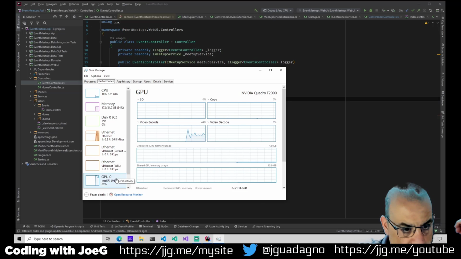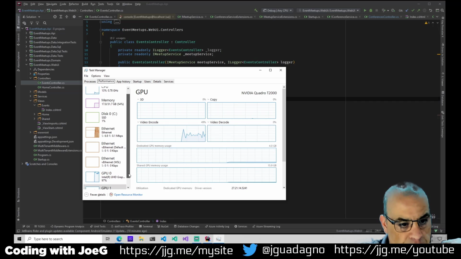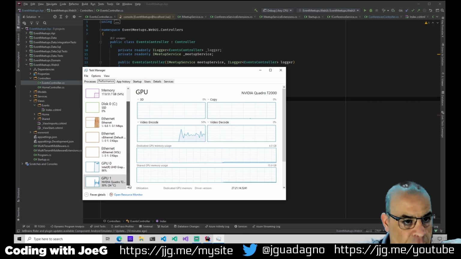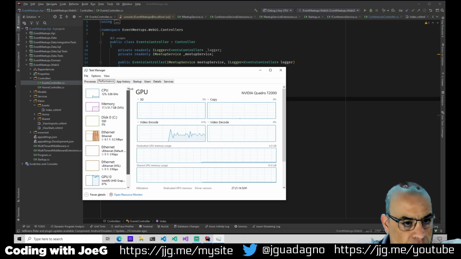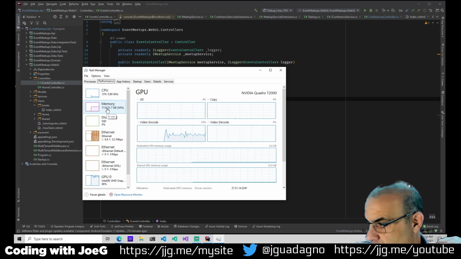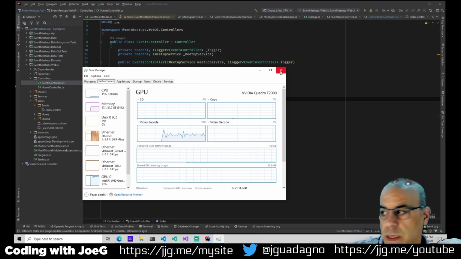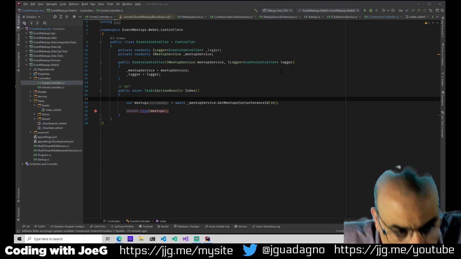Network is nothing. GPU is going nuts, but I would expect that's because I'm encoding. I should be using encoding with this one, and this one's just display. CPU is not being used, and memory is totally fine. I don't know why OBS is complaining, but